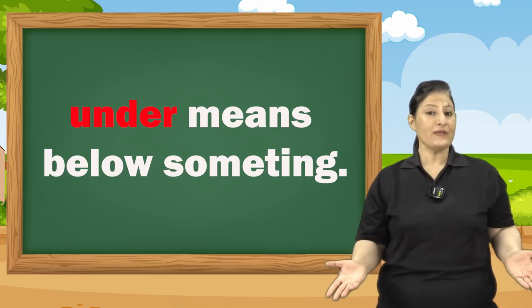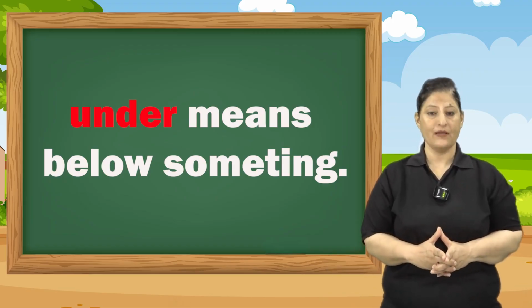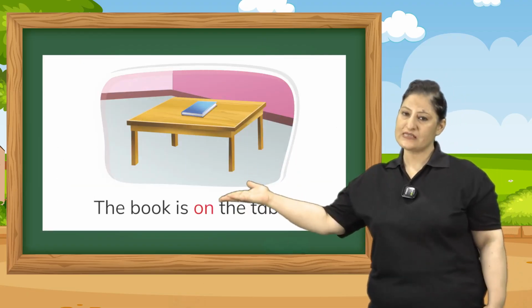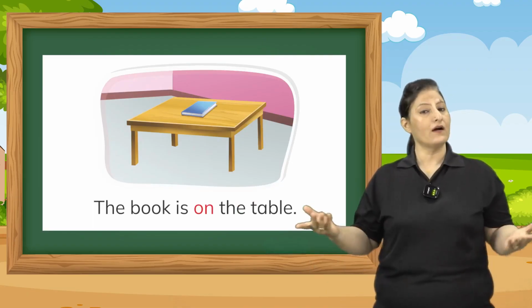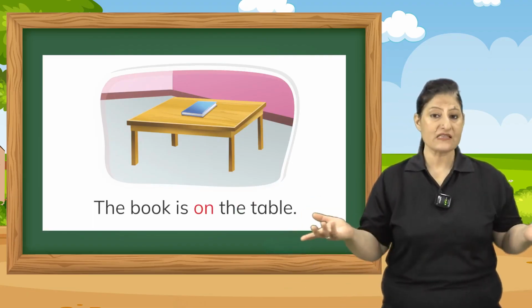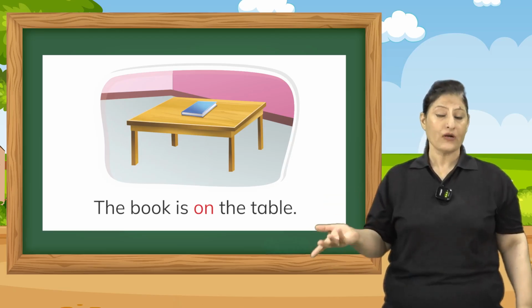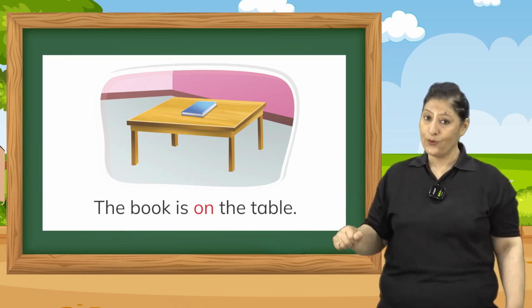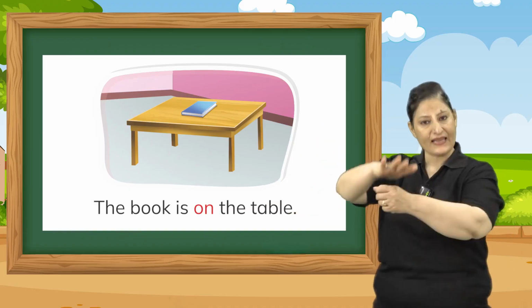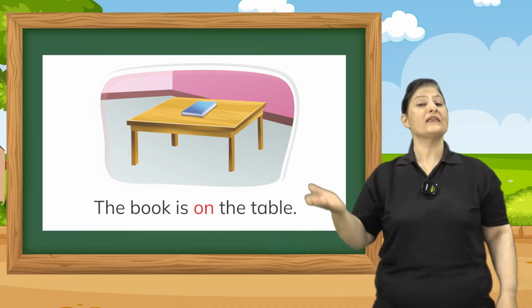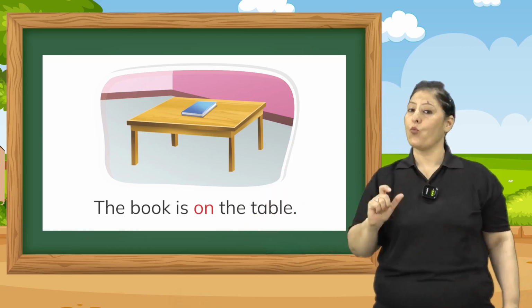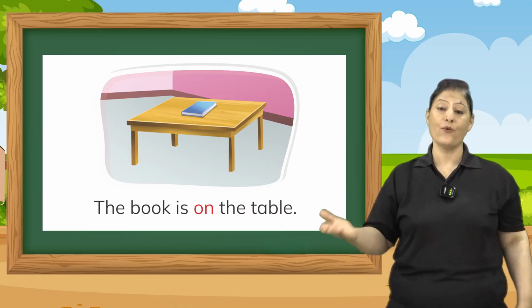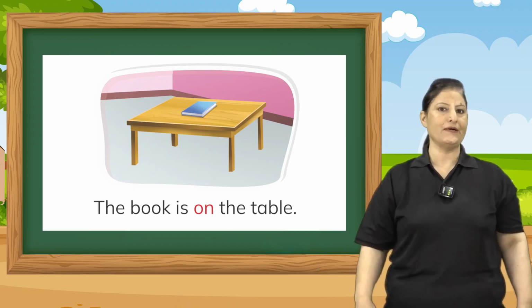Okay children, now let me explain you with the help of an example. Let us all read aloud. Now, in the first picture you can see there is a table and a book. But where is a book? Book कहाँ पर है? Do we know the position? Yes, we all know the position. The book is on the table. Book कहाँ पर है? Table के ऊपर. So what preposition are we going to use? On. So it is telling us that the book is on the table.